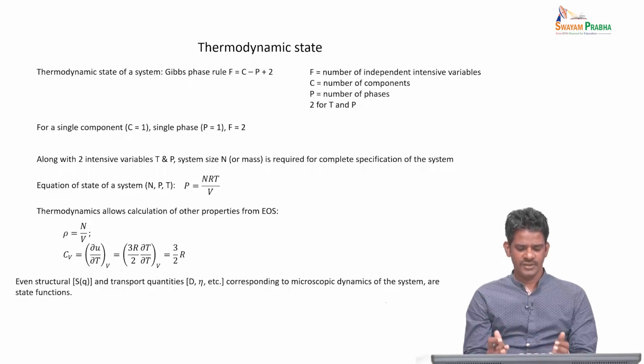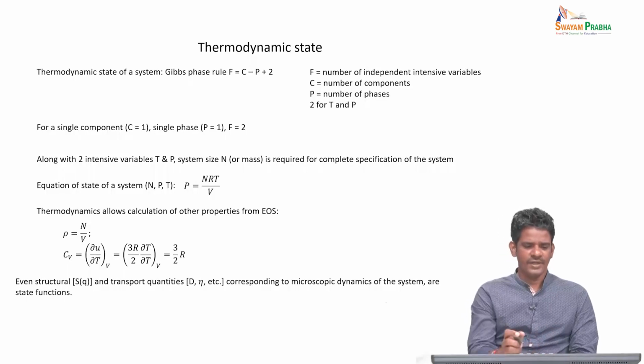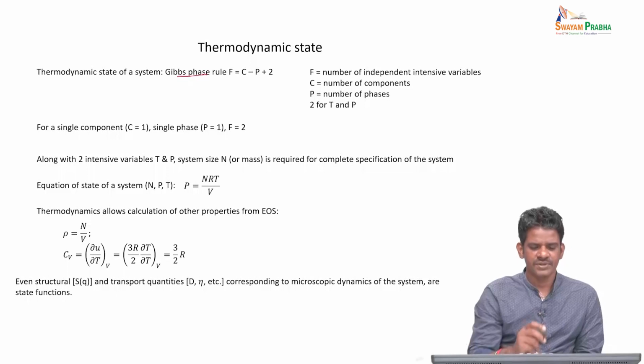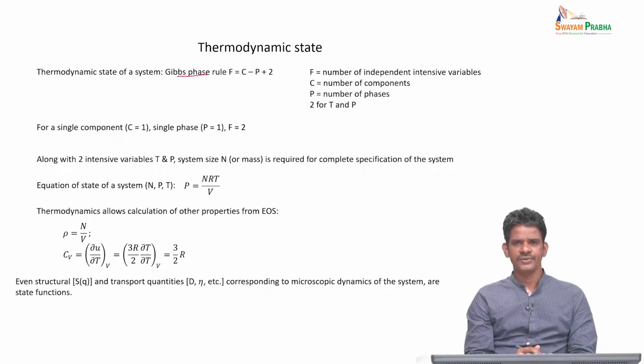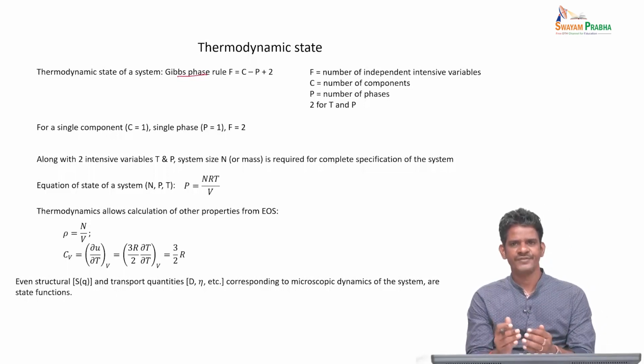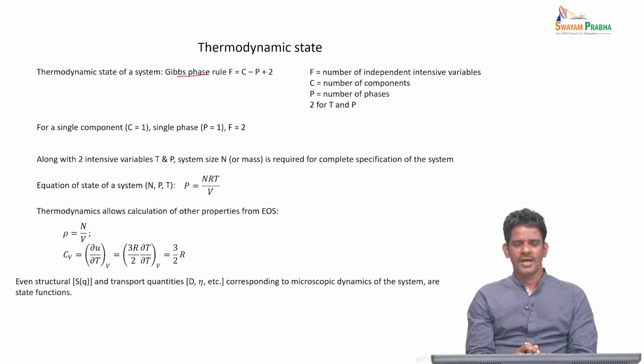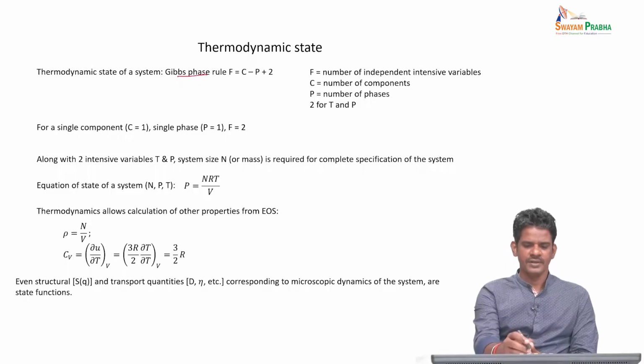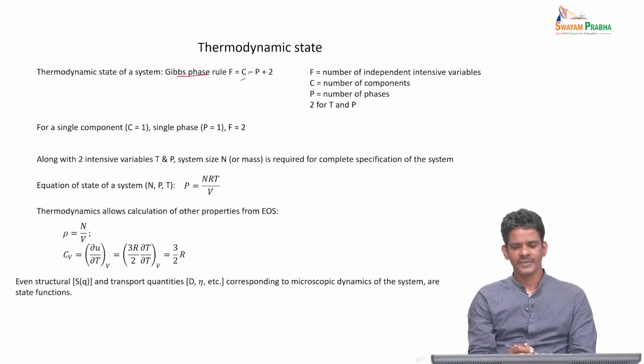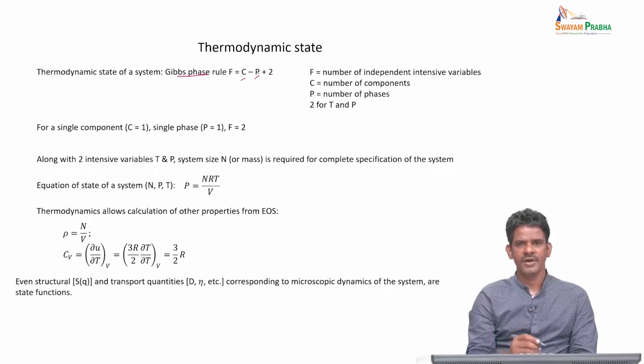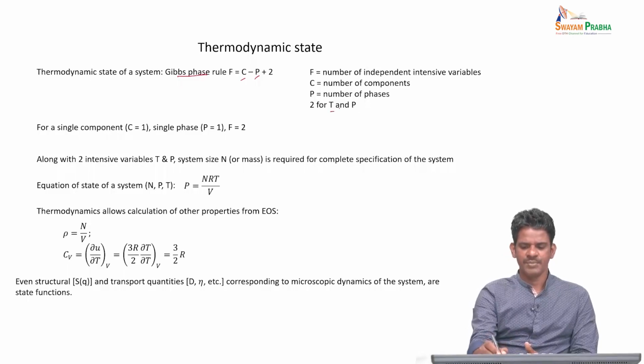But you can subject all these things to a very nice thermodynamic framework. For this, we use what is called the Gibbs phase rule, which tells you how many intensive variables you have to specify to describe a particular system. This depends on the number of components in the system and the number of phases you're talking about, and then the pressure and temperature conditions. The rule is F = C - P + 2.